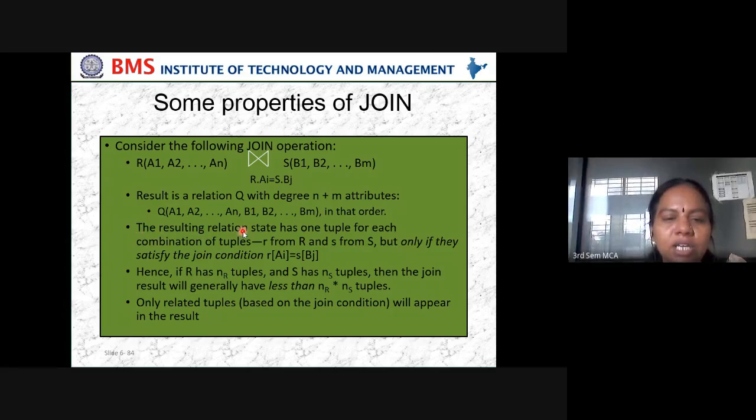The resulting relation state has one tuple for each combination of tuples, r from R and s from S, but only if they satisfy the join condition. Hence, if R has nR tuples and S has nS tuples, then the join result will generally have fewer than nR times nS tuples. Only related tuples will appear in the result. So these are some of the properties of join.